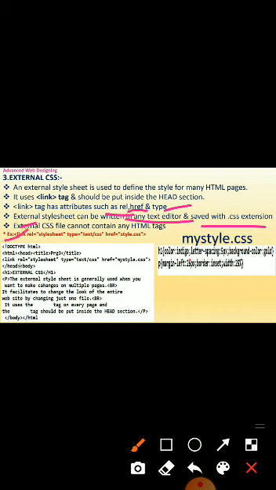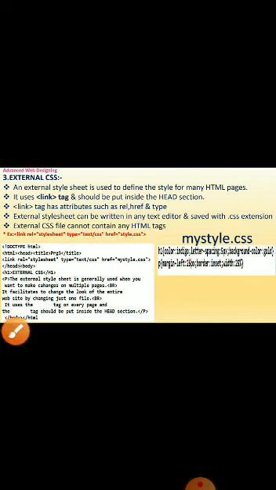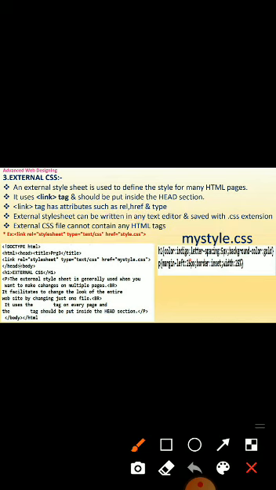For example: link rel="stylesheet" type="text/css" href="styles.css". Rel means relationship; here the relationship is given as stylesheet. Type is text/css and href is styles.css. Here two programs are defined in separate pages. The first program is the HTML program and the second program defines the external style sheet.